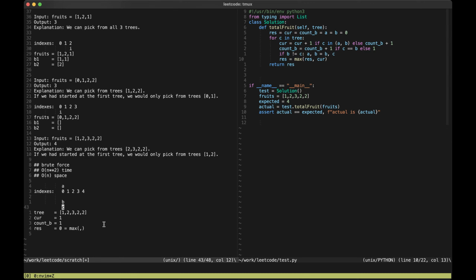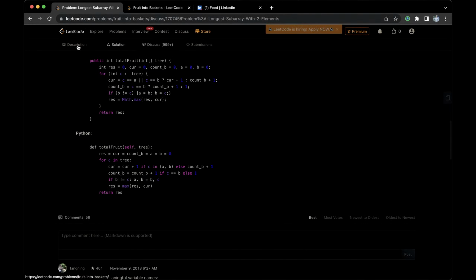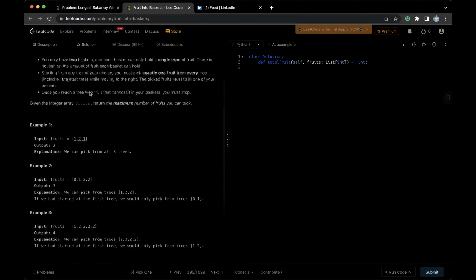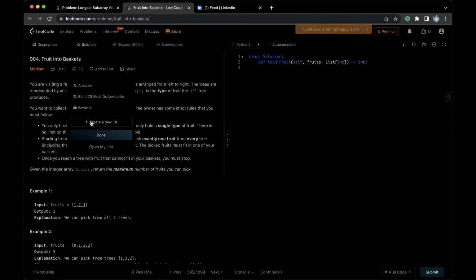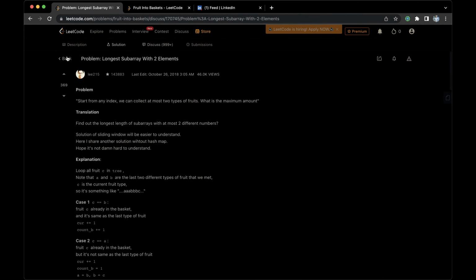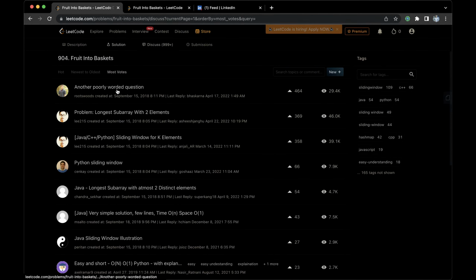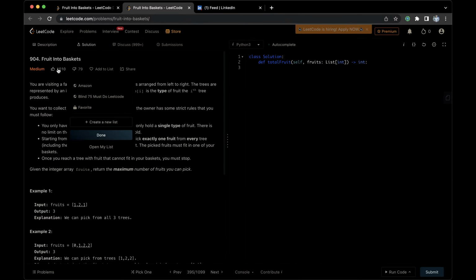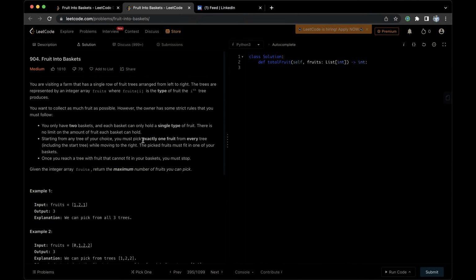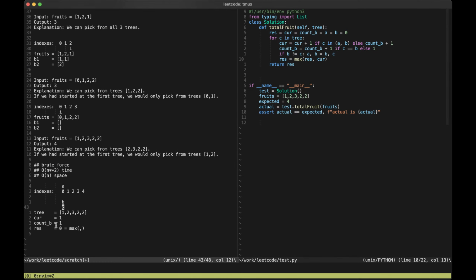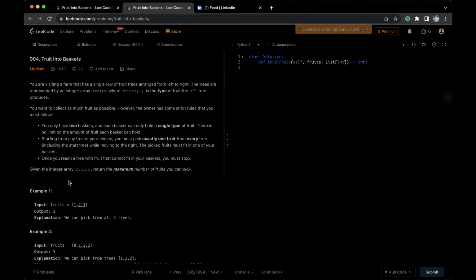Yeah, this is a tough one. It's pretty strange. This is really highly upvoted, but then the top comment is that it's poorly worded. So what's going on there? I don't know. I guess it's good practice on this sliding window thing. This one was tough, guys. All right, we're going to leave it there. This was tough. Feel free to, walk